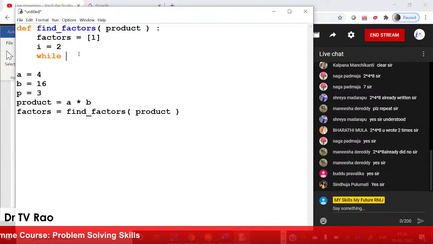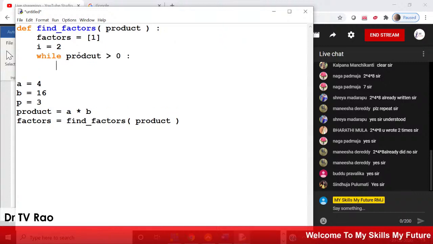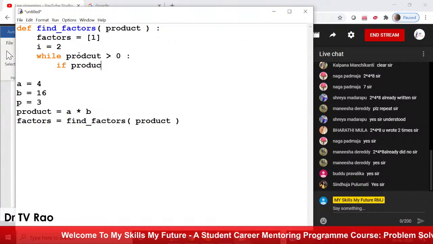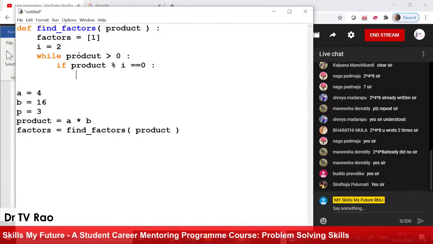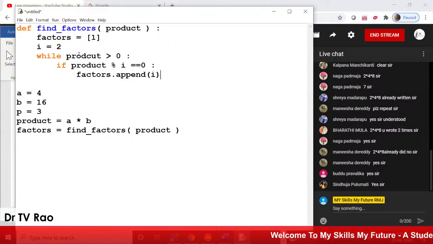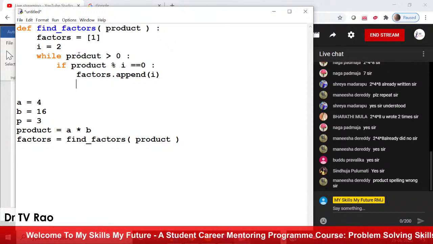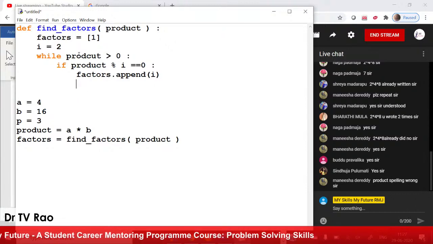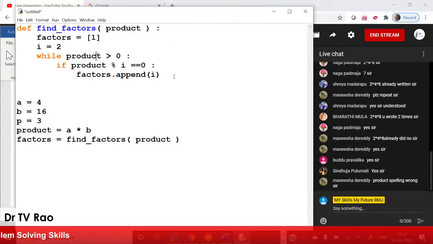Okay. While the product is greater than 0, if product mod I equal to 0, then I is a factor. So please follow me and write something in the chat box to let me know whether you are following the flow or not. If I divides product with no remainder,